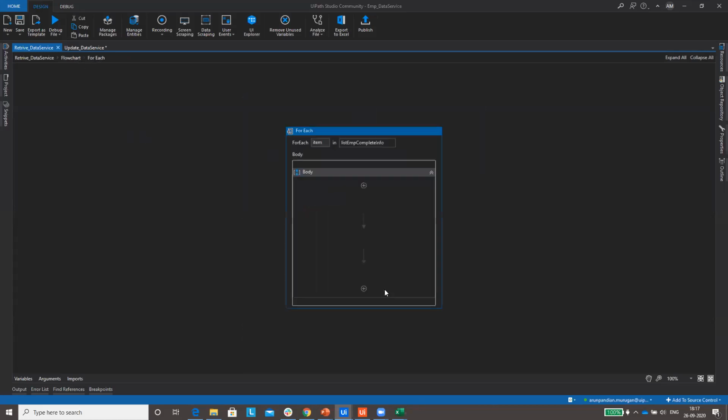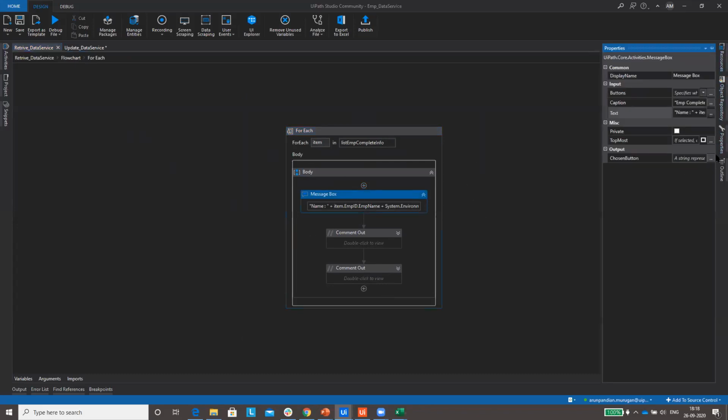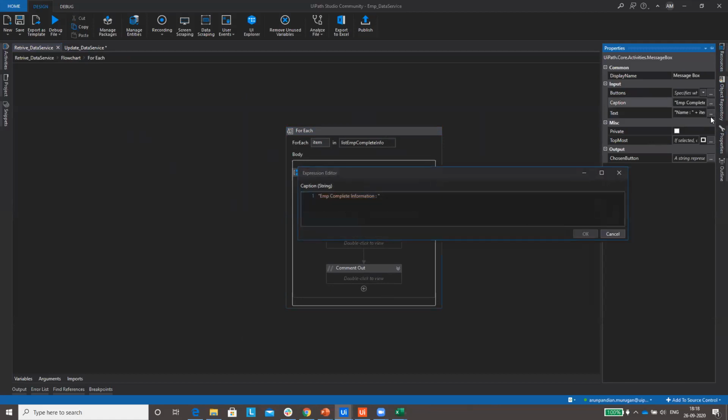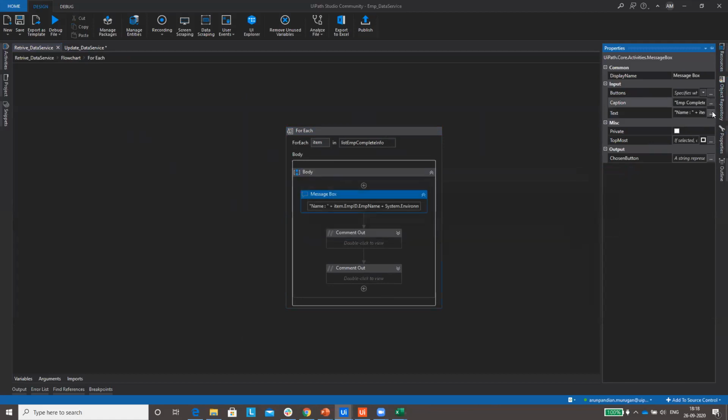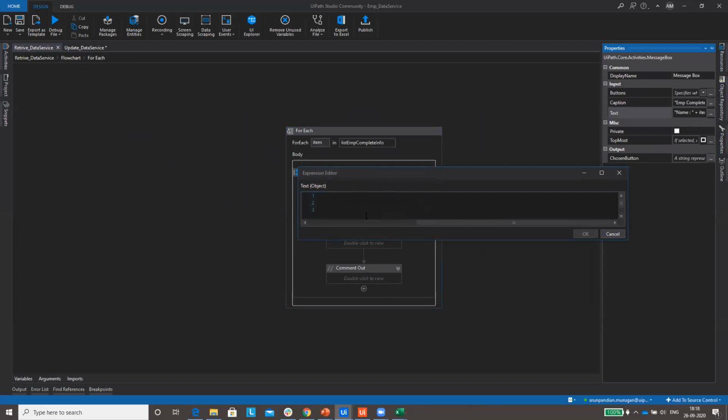Whatever value is selected that matches the employee name, that particular record will be populated from the EMP salary entity. We are iterating through that list, and let me show you how you can access all the values. We are accessing the salary table.